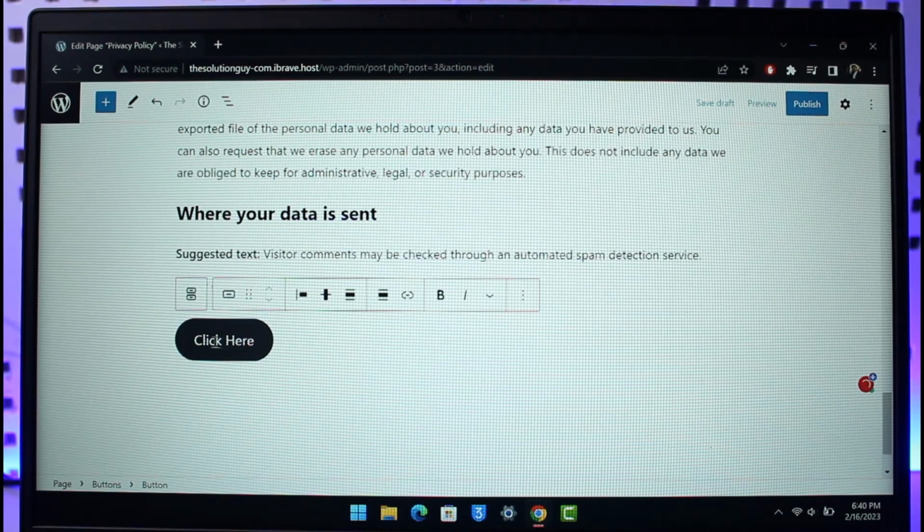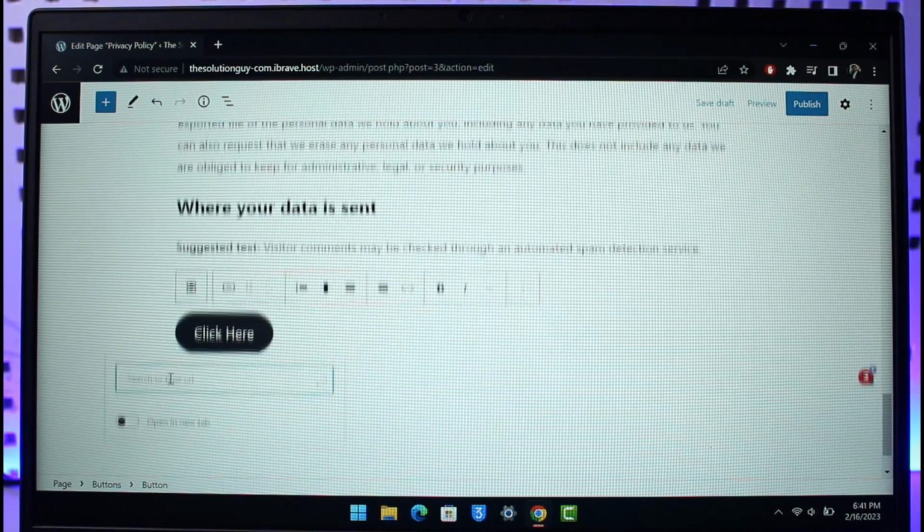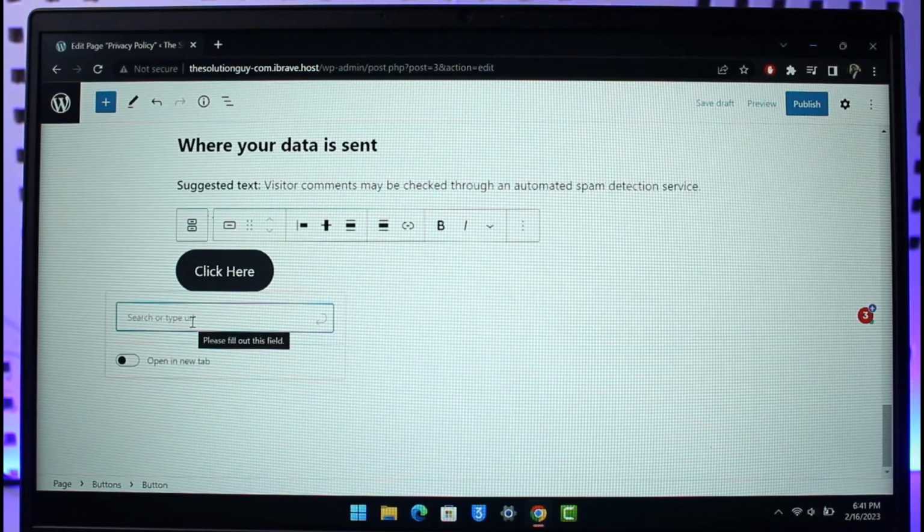Now if I want to add a link, which means that whenever people click on this, they'll be able to be redirected to a specific link, what I need to do is I just need to click on this button right over here, which is the link or control K. So basically over here, you have to simply paste the URL of your page,